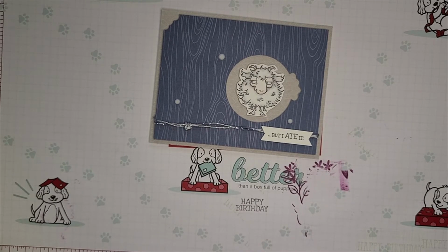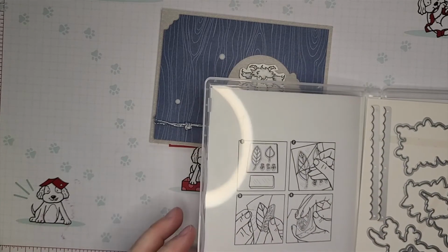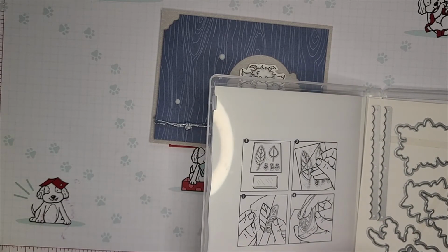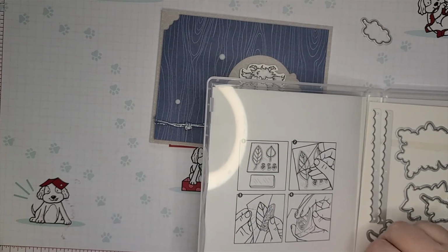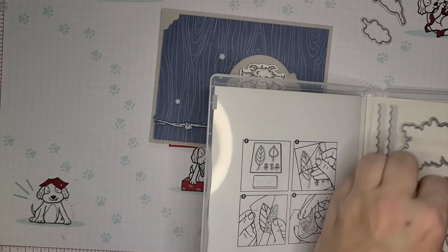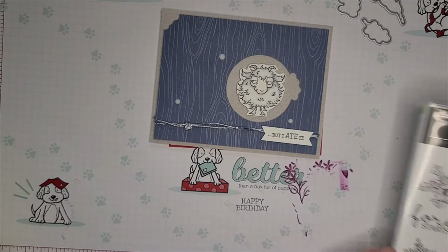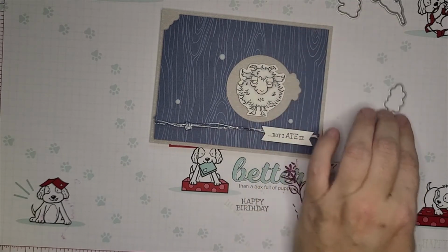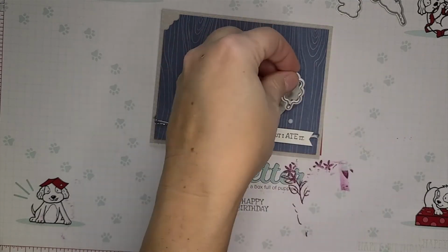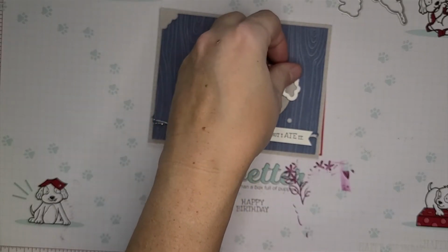So you have to think outside the box when you don't have every die out there. And in this case, I don't even think there is a chomp die. You just have to make it up. So I went ahead and picked a couple of possibilities out of this collection. The other dies are too large. I guess even this one has a good potential. You can do sample cuts. I settled on this particular one, and it fit very nicely like this, and made a very nice chomp for